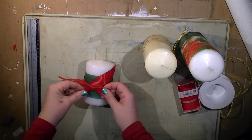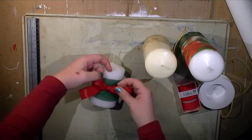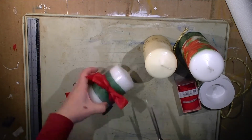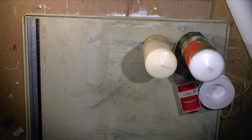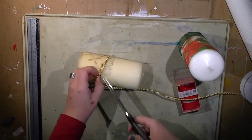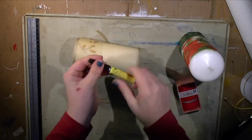So you see I do have 2 white candles and 1 cream one here. The 3 cream ones make a set and the 3 white ones make a set. You will see that at the end on the photos. And I'm just using 1 honey colored ribbon here at this cream colored